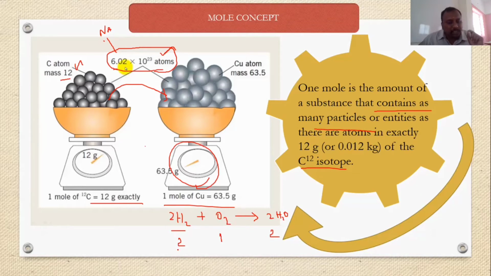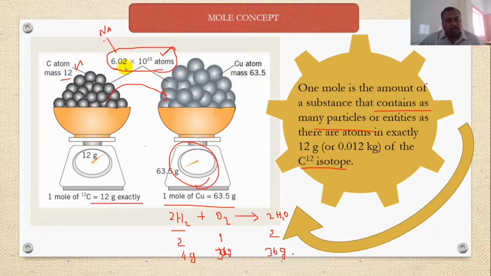So what is that? 1 mole of hydrogen molecules weight 2 gram. 2 moles na 4 gram hydrogen we have to take. And 1 mole of oxygen weight is 16 gram. Sorry, actually 1 mole of oxygen atom is 16. So oxygen molecule will come 32 grams. So 32 plus 4, it will come 36 gram.